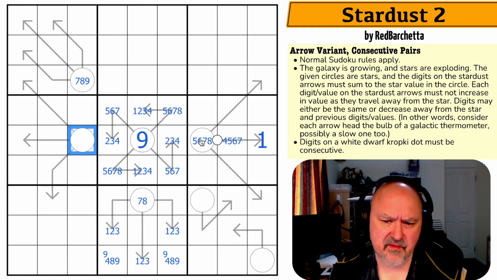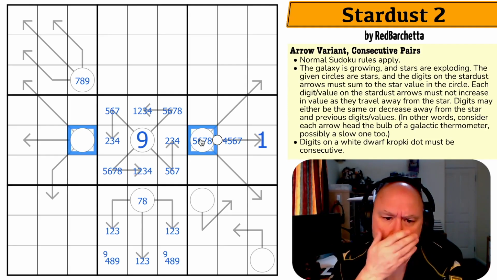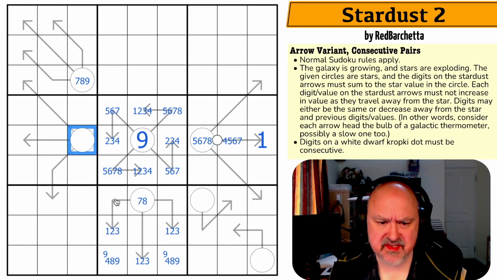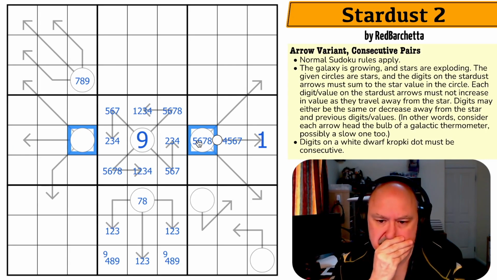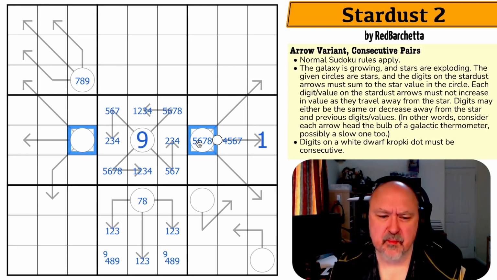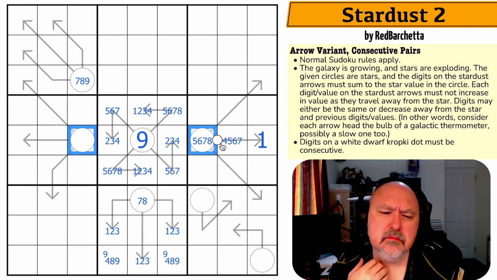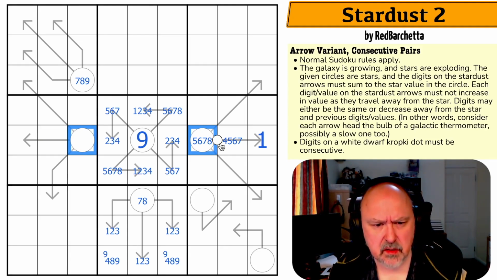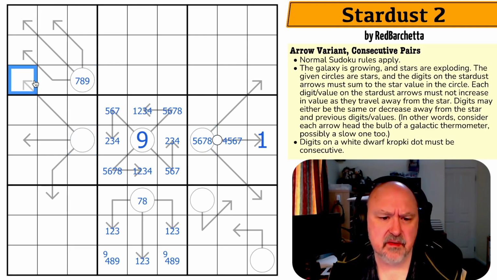But one of these has to be 8. Because I can't put 8 on this arrow, because that would be a 9, and that doesn't work. So one of those two is an 8. And there's something going on in that row. I'm not really following this, am I? But that's okay. If this is 7...